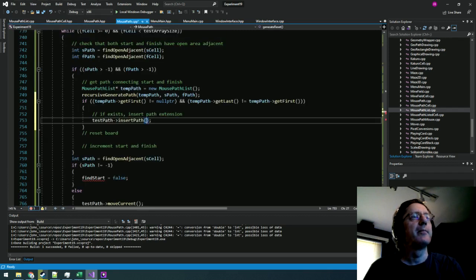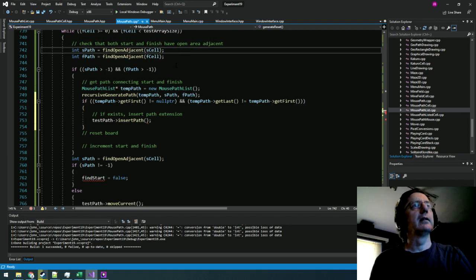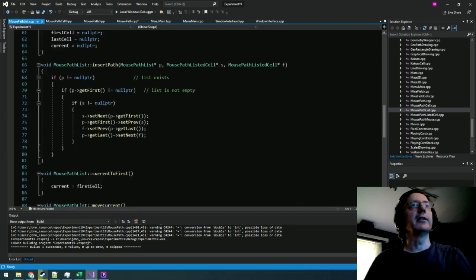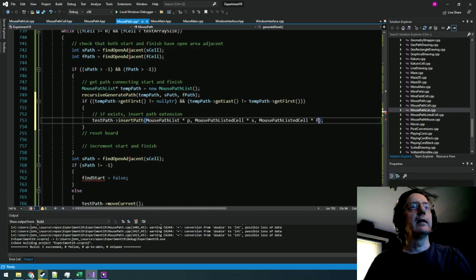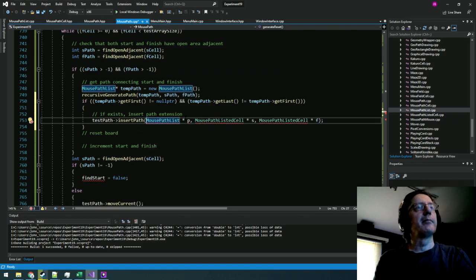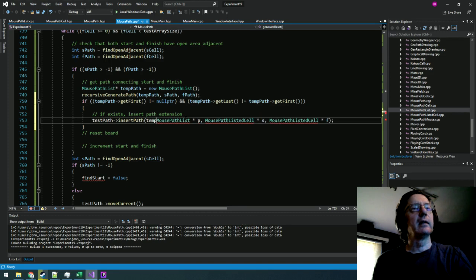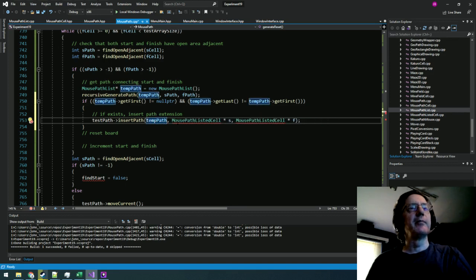So, at this point, now let's grab the parameter list. So, I need these. My mouse path list is temp path, that's the one being inserted. The point at which it's being inserted is based on 2 points in test path, and those are these points. So what I need is,